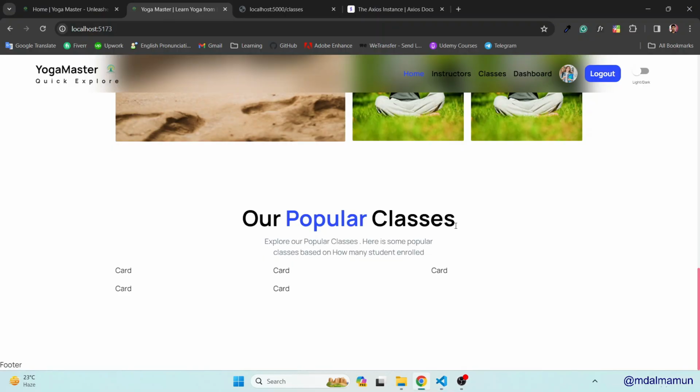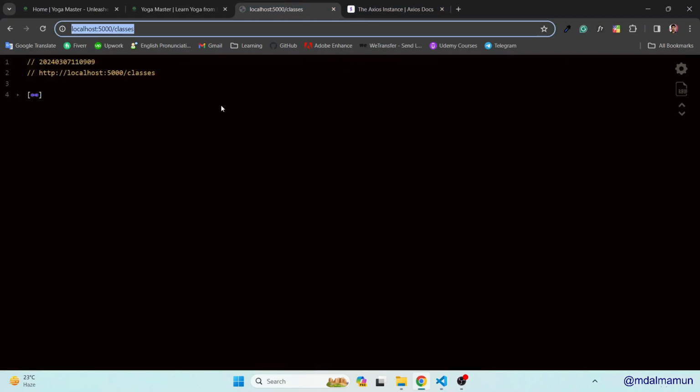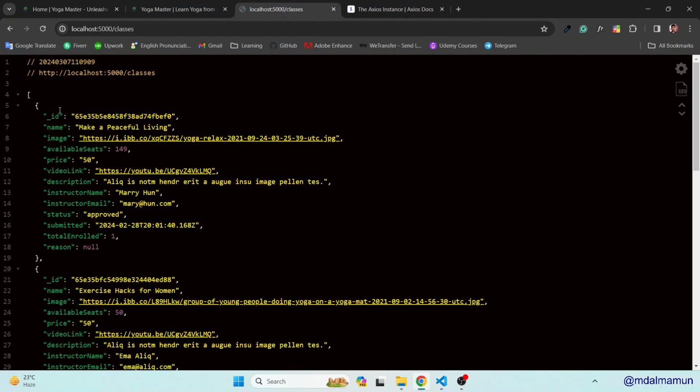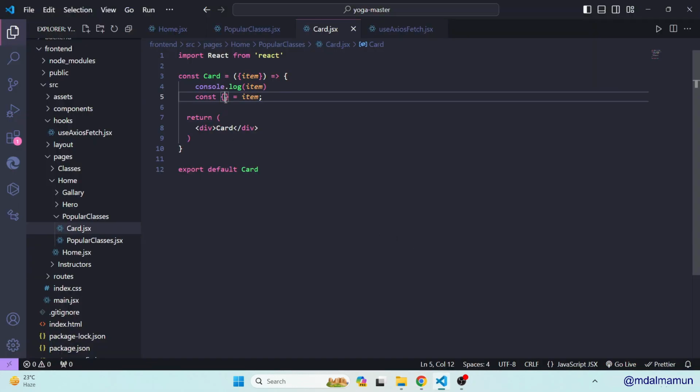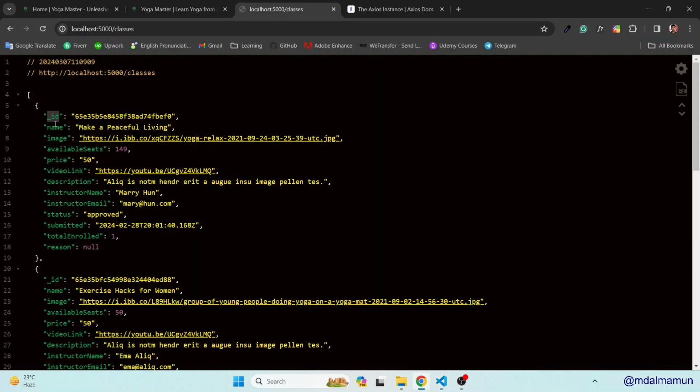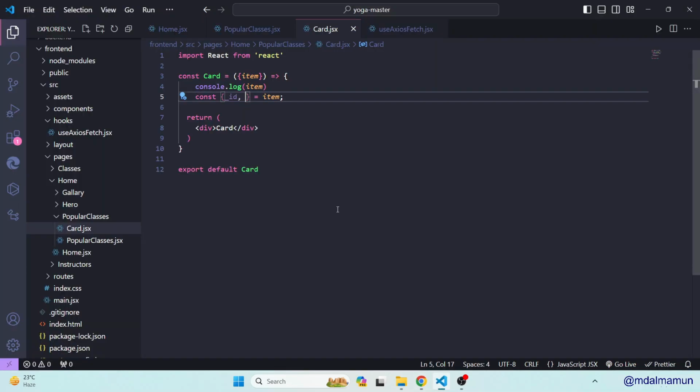Right now what do we need to destructure? We can destructure underscore id, then all the other properties. We need name to design and show the card, then